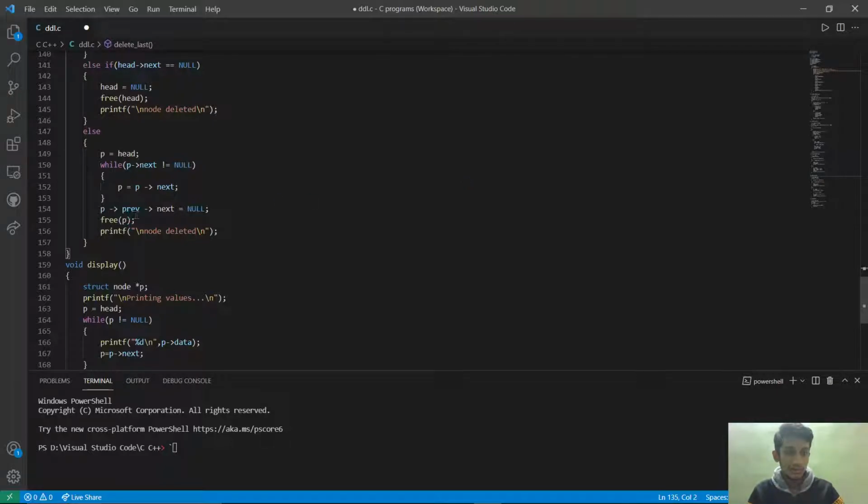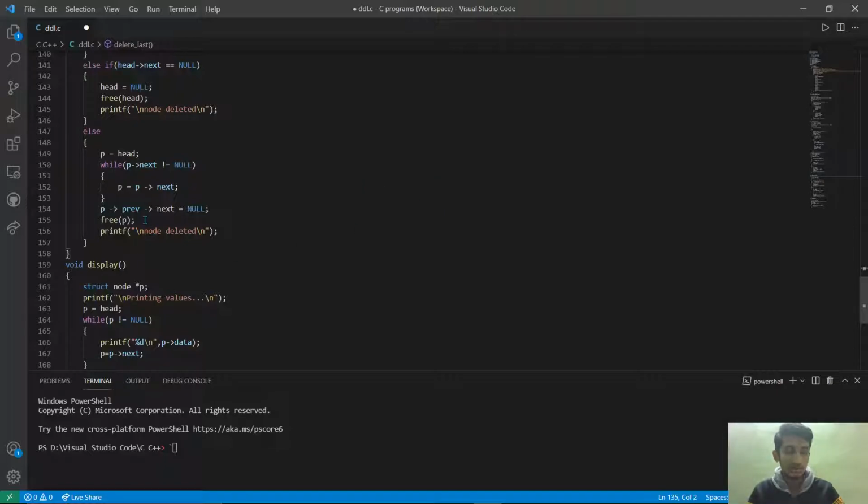So now this line, p previous next equal to null, means the last but one node, the previous node, right? Its next should point at null, so that the last node will get deleted. I'm just freeing that.